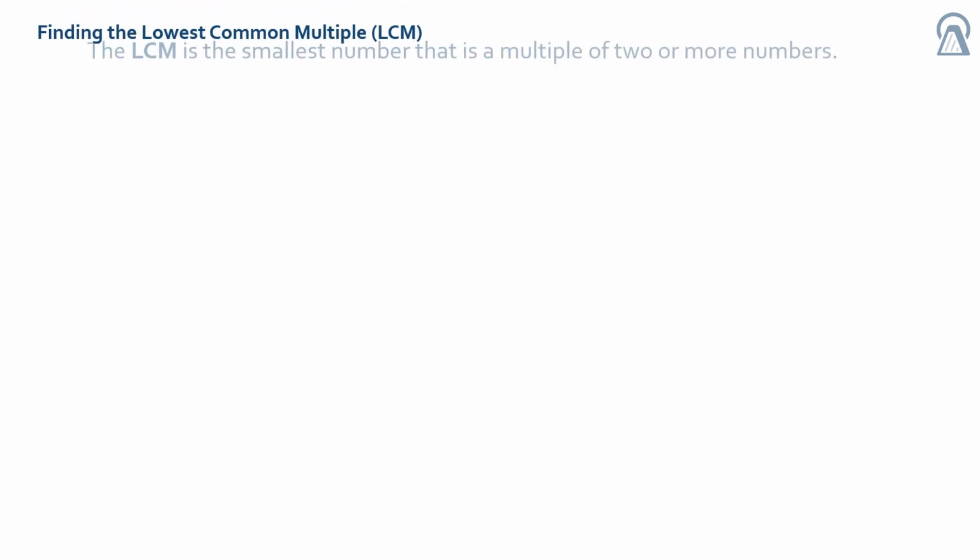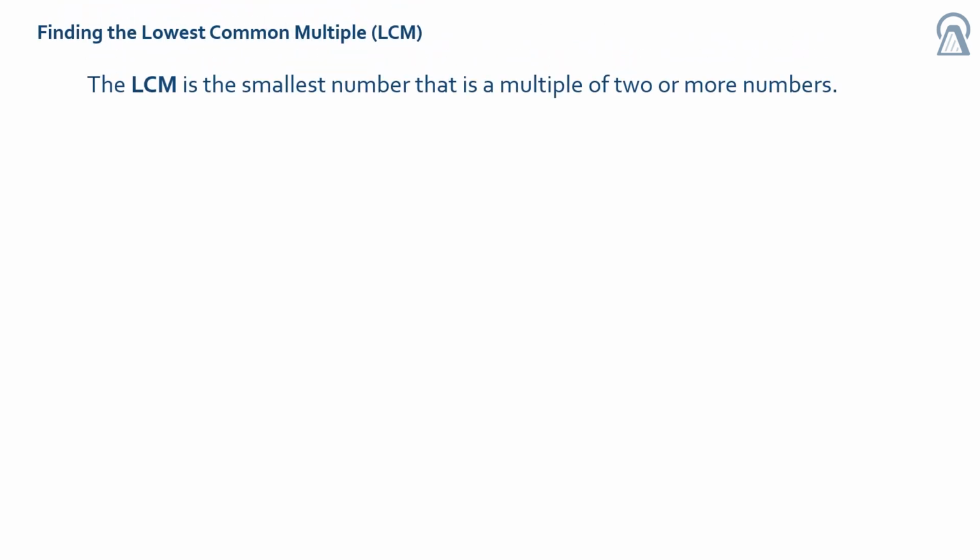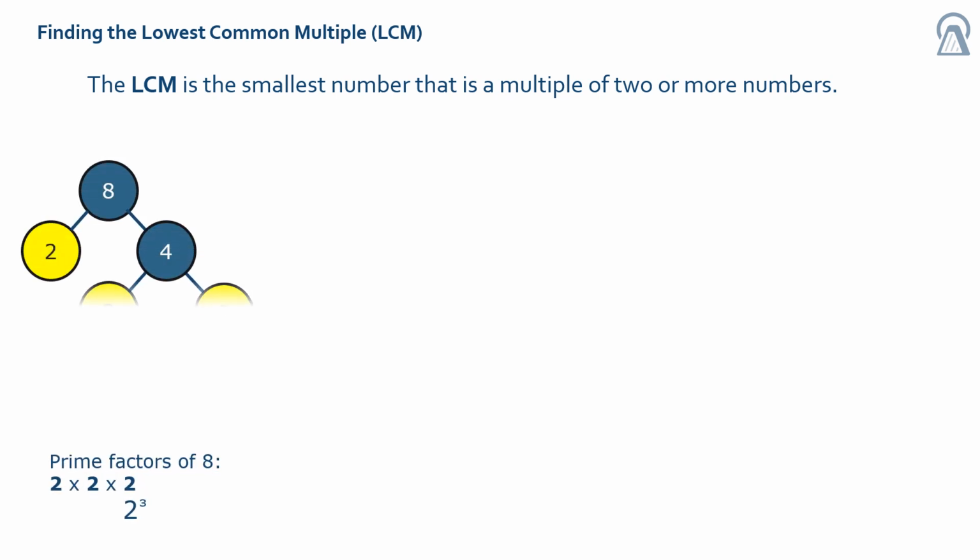Now that we have used the prime factorization method for finding the highest common factor, we can use the same basic method for finding the lowest common multiple. Again, start off with a prime factor tree. This time we're going to do it for the numbers 8 and 12. Set out your prime factor trees, and you can see that 8 would just be 2 to the power of 3, and 12 would be 2